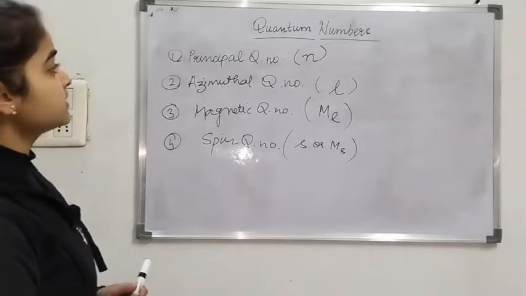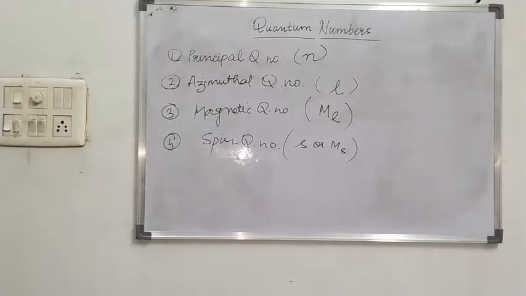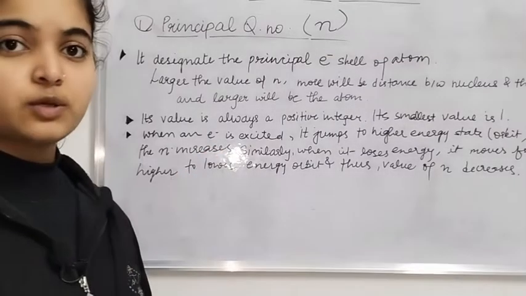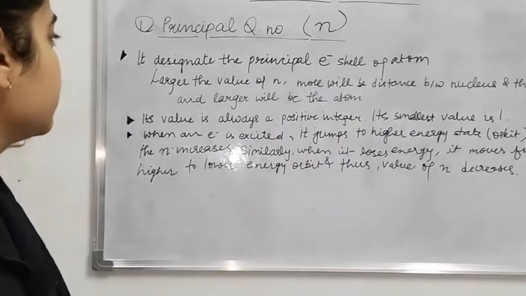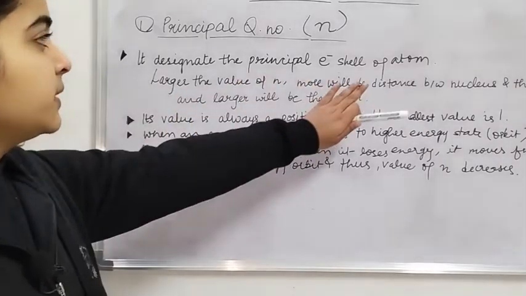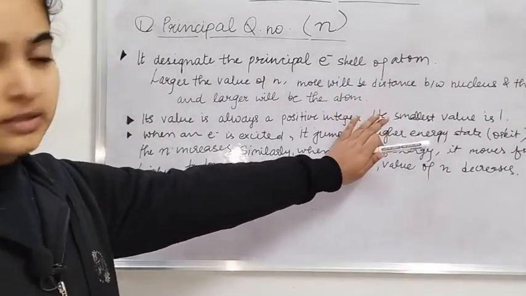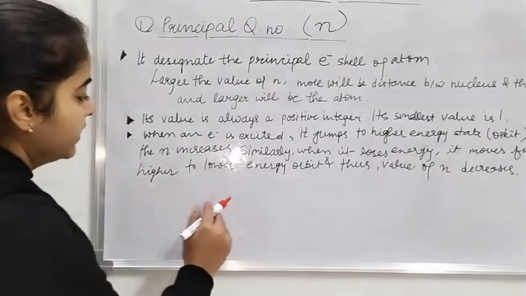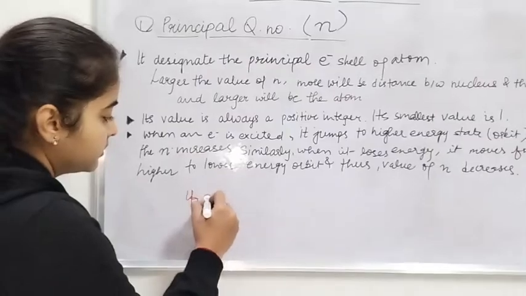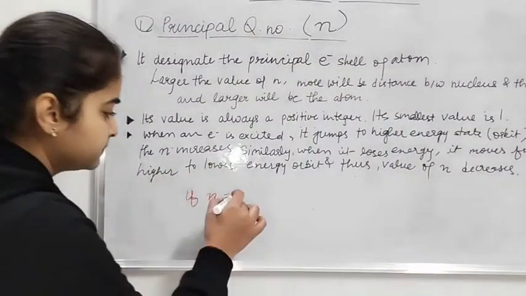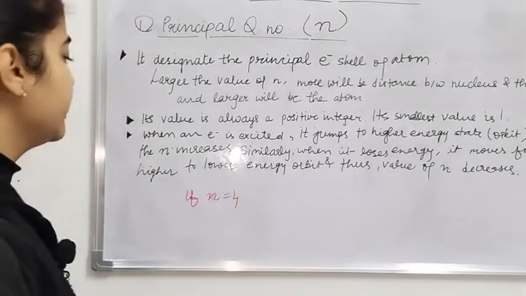First of all, we will discuss principal quantum number. Here are some important points about principal quantum number. First is, what does it do? It designates the principal electron shell of an atom. What does it mean? It means that if n is suppose 4, what does it mean? It means that